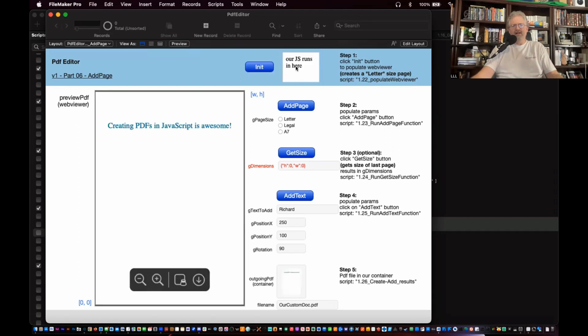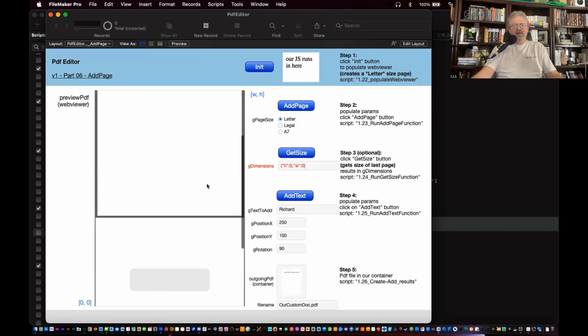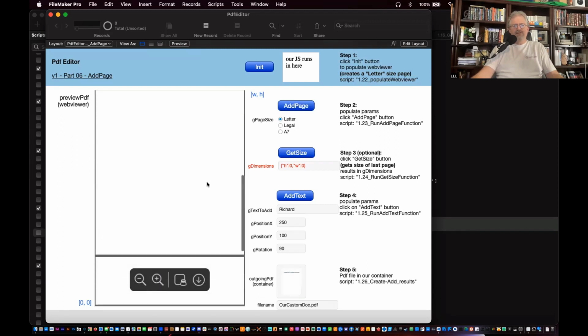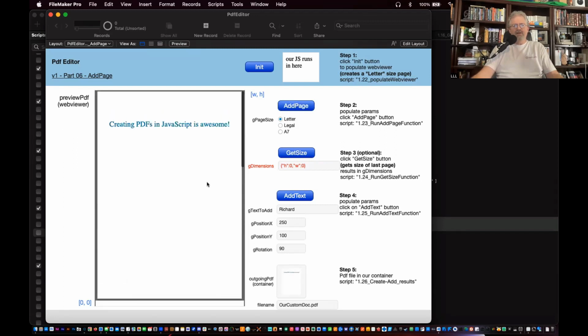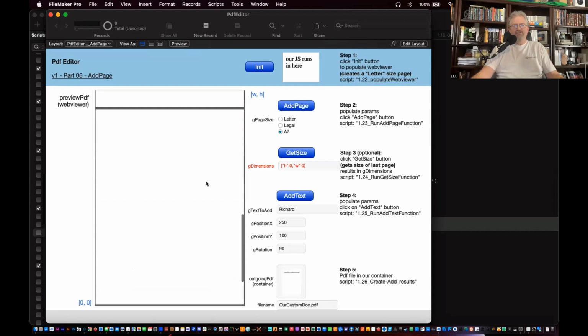So if I click on it, we've got our initial 1 page here. And I'm just going to, for now, pick a letter to add another page and hit the add page. And now if I scroll, you'll see that we now have 2 pages, where the second one's blank, and they're both letter size. Okay. I think if I just click it again, we should, yeah, we have 3 pages now. But now what gets interesting is if we change size. If we change it to A7 and click add page, well, now we've got 3 letters, 1, 2, 3, and